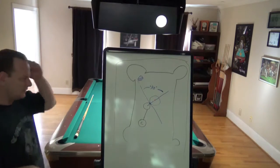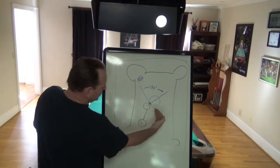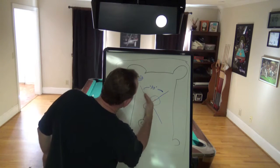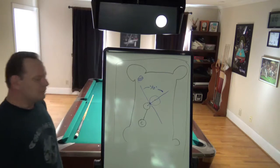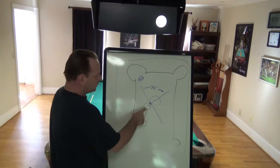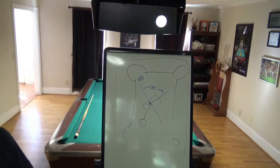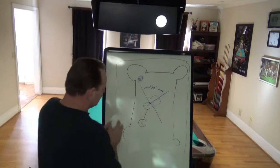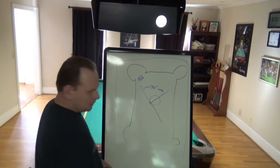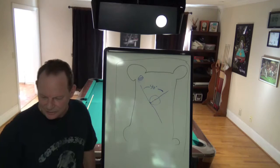We'll talk about that in just a second. So the idea being, you aim across the face of the object ball to find out where you need to hit it in order to make contact with the ball in the pocket, and then you shoot the ball and let it come off and hit it. Fairly straightforward. This also works if you have another ball involved. So, we talked about frozen balls in